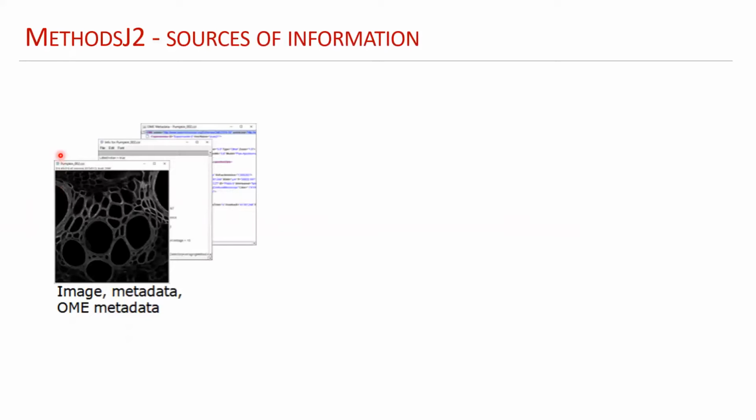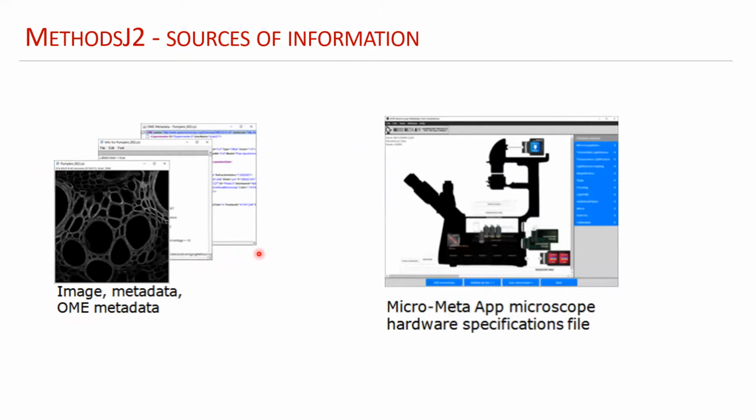So the goal of MethodsJ2 is to generate methods section text. And so where does it get that information for text generation? Well, first, as you might imagine, information contained in the image itself, image metadata, is used and is sourced using Bio-Formats. And then MethodsJ2 also requires a Micro-Meta App hardware specifications file, which contains detailed information on components of the microscopy system. Micro-Meta App was described in a previous video by Caterina Strambio de Castilla, but I'll give you a